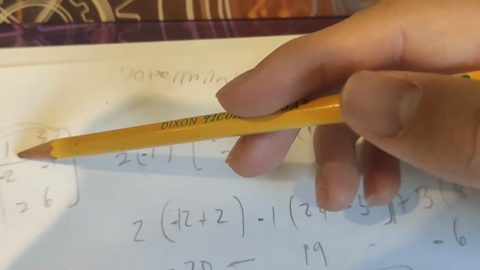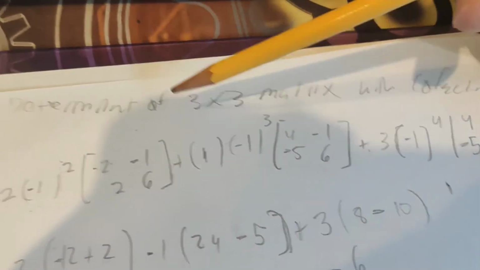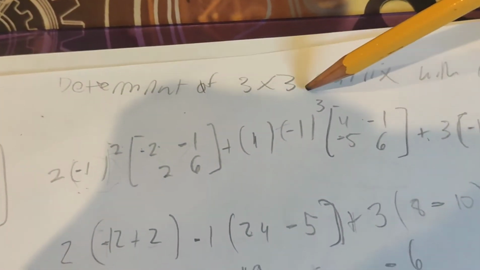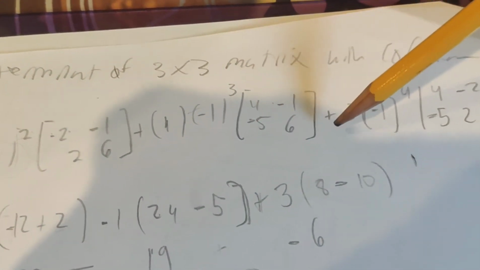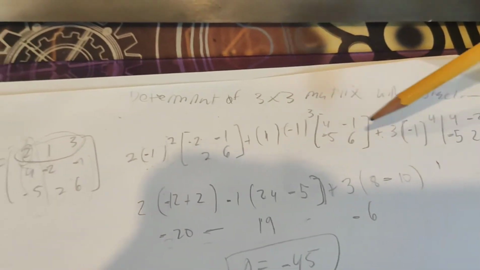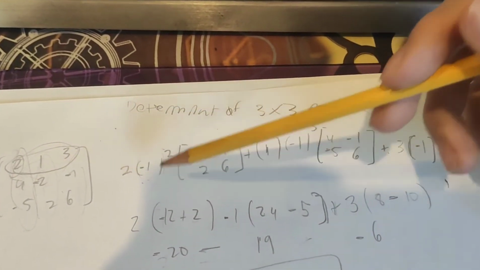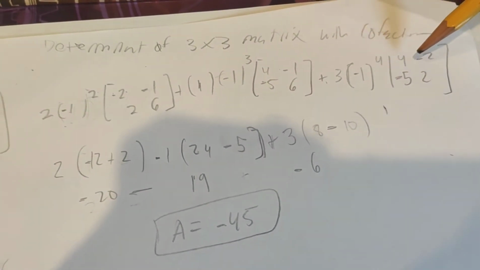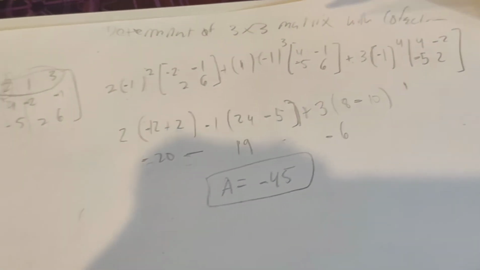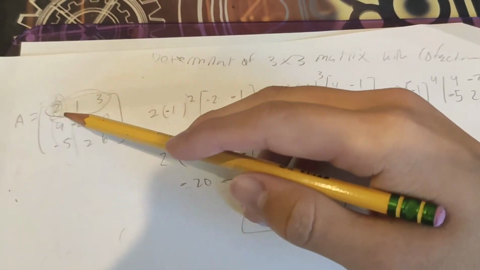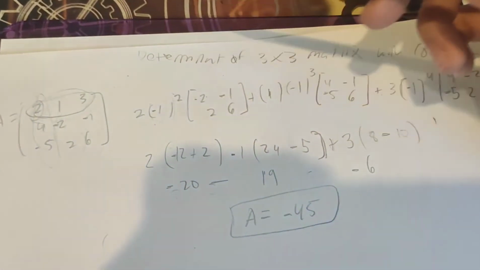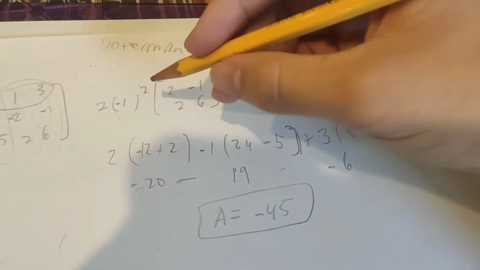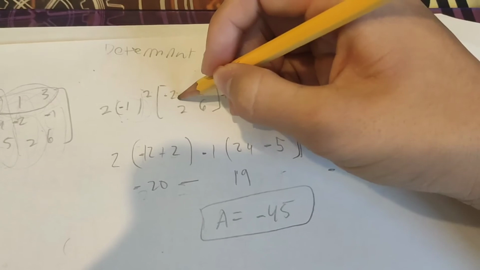So the 1 is row 1, column 2, so that's to the power of 3. And then the 3 is row 1, column 3, so it's to the 4th power. Do the minor from this, because this is gone, and you're left with that. Now, once you multiply it, it goes from here,